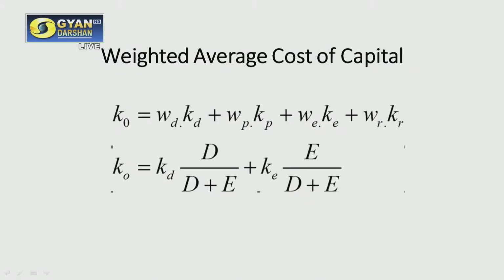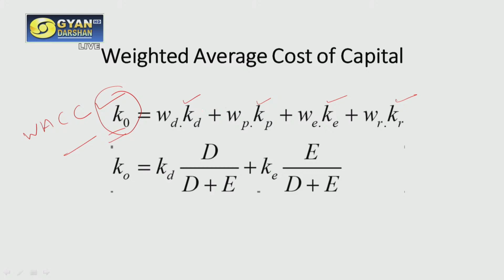Okay. So if we want to present this weighted average cost of capital in the form of a formula, this can be represented with the help of the equation which is visible on your screen. Our overall cost of capital, that is KO, is represented by KO or WACC. This can be calculated by adding the individual costs of capital. So KD we have, KP, the cost of preference share, we have the cost of equity and the cost of retained earnings.